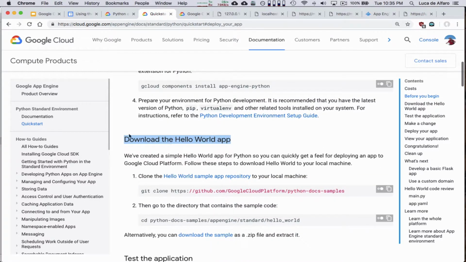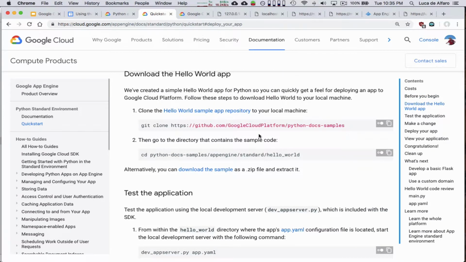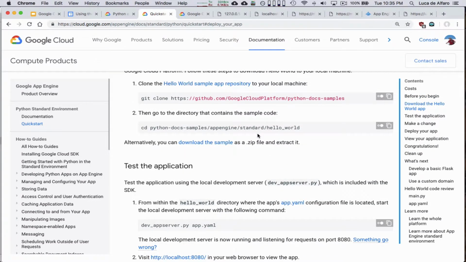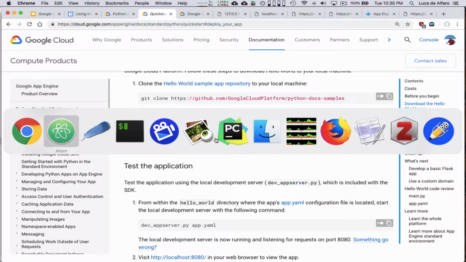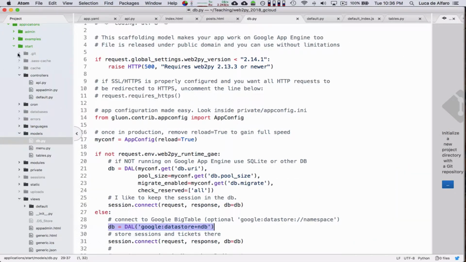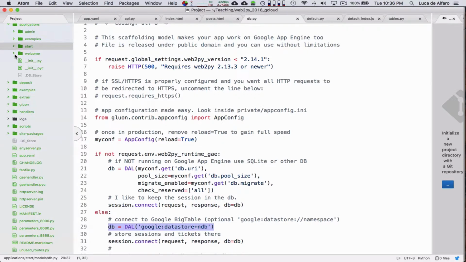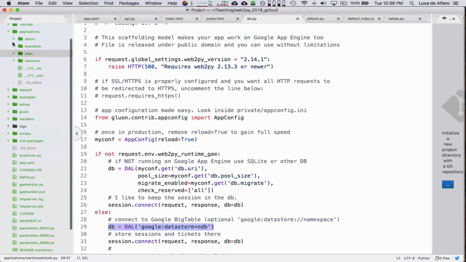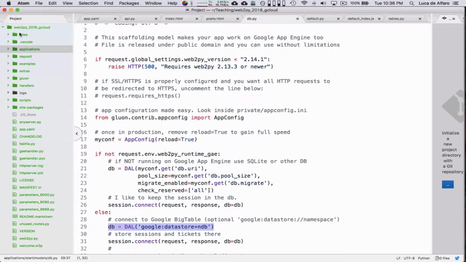Great. Now, you don't download the Hello World app, because after you have done all that, I can teach you how to modify your Web2Py app so that you can actually use it and upload it to Google App Engine. Okay? So let's do things one by one. The first is this. You have your regular app. Let me close this so we focus only on the top level details. So this is my Web2Py